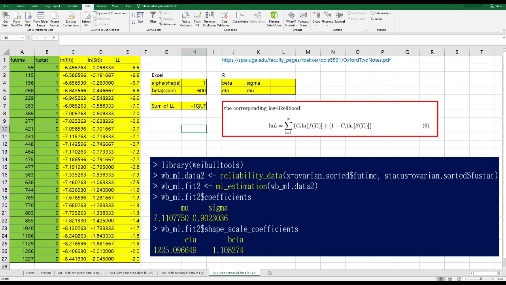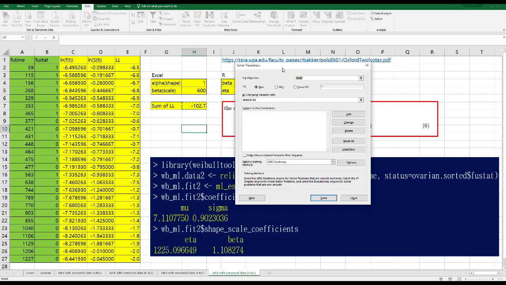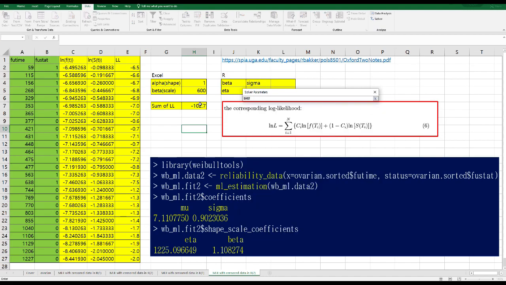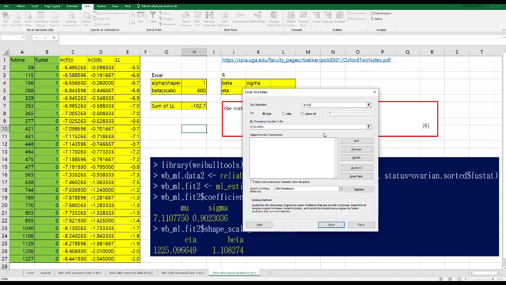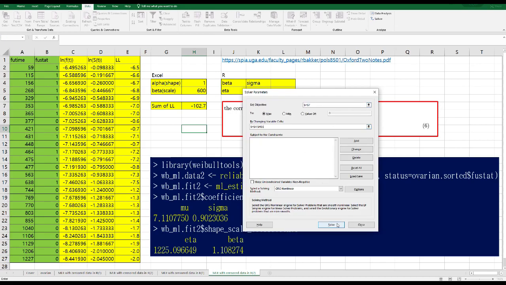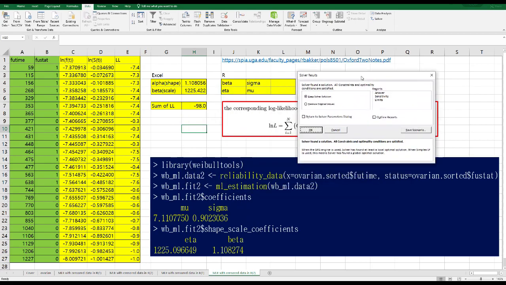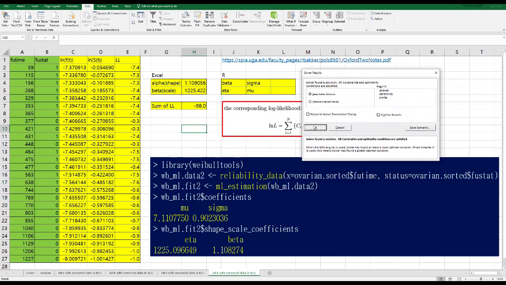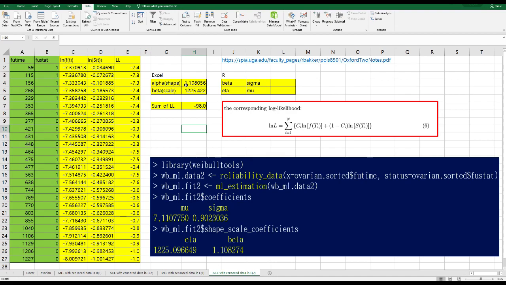Okay. Then click Solver again, changing variable values here. Okay, then click Solve. Alright, as you can see, we were able to get alpha and beta, meaning shape and scale,